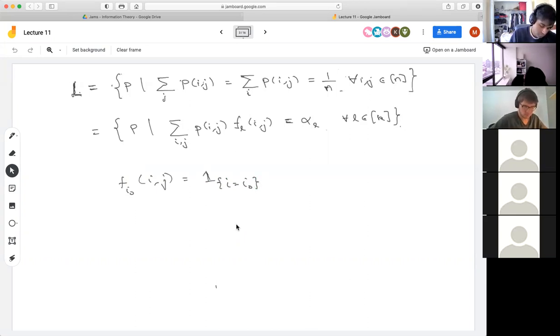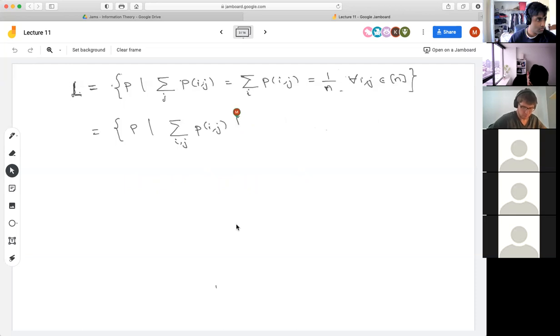Similarly, let's define a function g sub j0, which takes an entry i, j and only activates if we are talking about the j0 column. And now we can rewrite what we have as saying, for each of these functions,